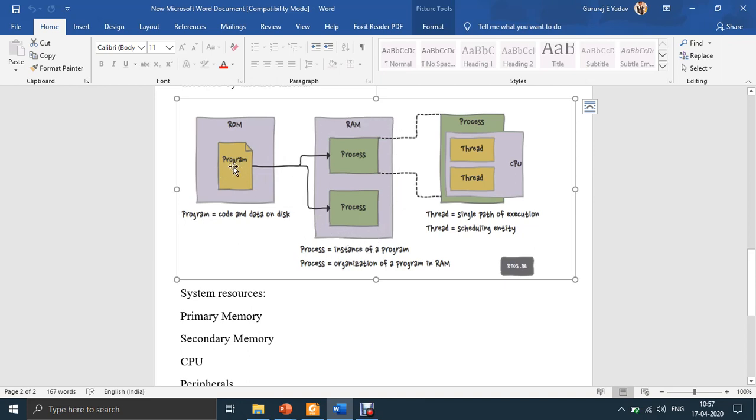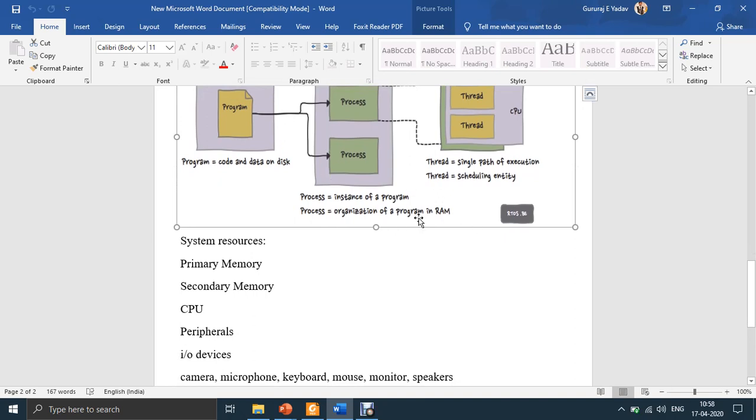Okay, and you can see here the program can have multiple processes. So here in this case it has two processes, and the processes exist in the primary memory, and each process can have multiple threads. So you can see here, if you call this process 1, it is having two threads. And where are these threads running? In the primary memory only. They will run in the primary memory only.